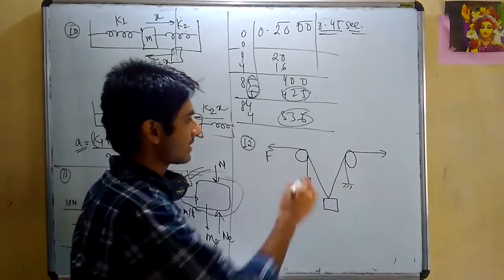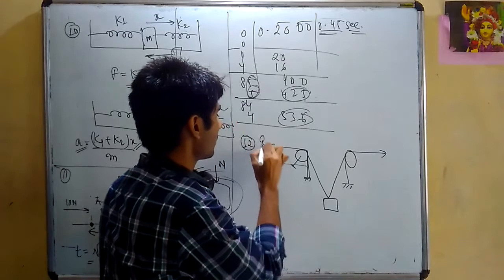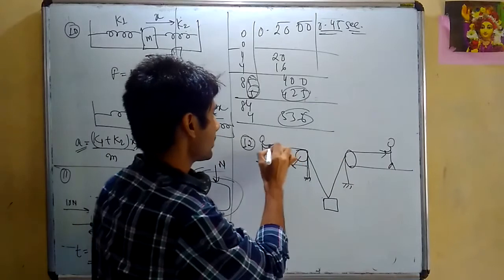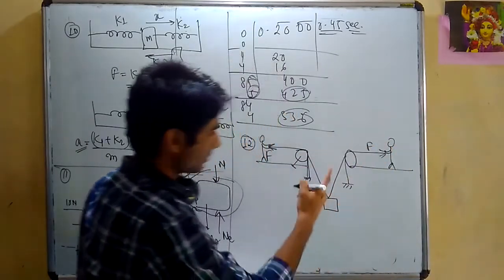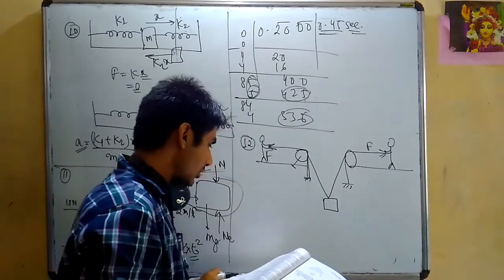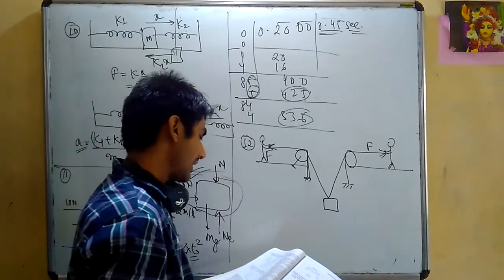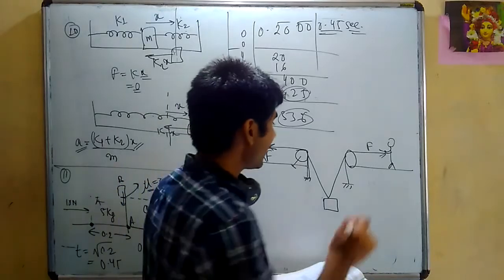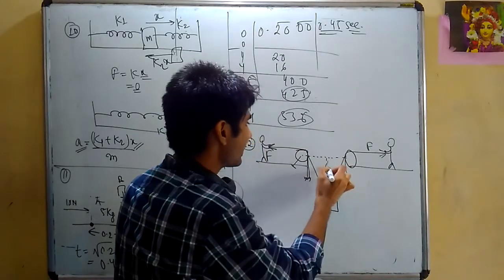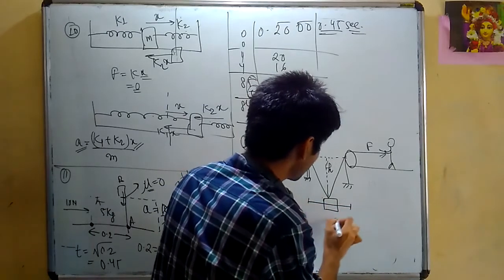Yeah, this is ground, don't get confused. These things are walls, and these two people are standing over here. This is one person, and this is another person, and they are pulling with a constant force F. Both are pulling with the same force. This is given to me in the question. Now it is said, show that the force exerted by each friend on the road increases as the man moves up, and find the force when the man is at a depth h. So let us say that this depth is h, and this width is given to me d. This entire width is given to me d.